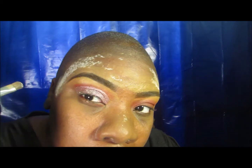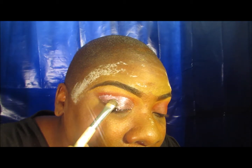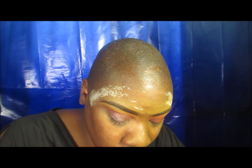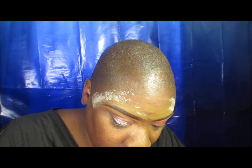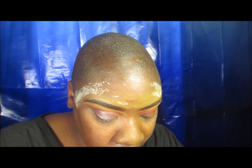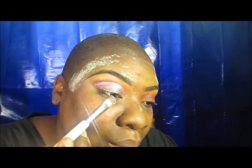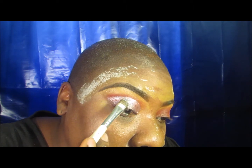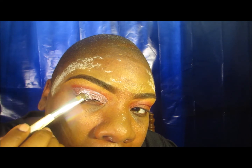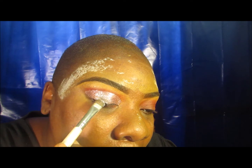and then just place it on top of the shadow. And I don't know if you can see that, but it's already starting to give it a nice little shimmer. So I'm really going to have to pack this glitter on here because it is super thin. And it will also help if you wet your brush. I didn't do that, but it'll help with picking up the glitter. I'm going to continue to place the glitter right on top of the liquid